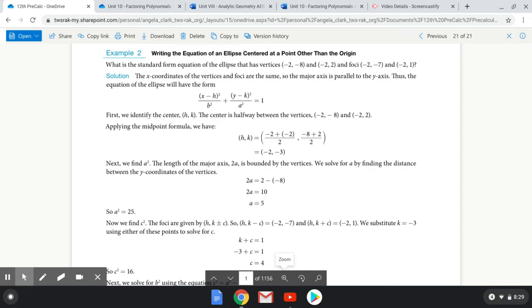Okay, so we're back with chapter 10, part 1, ellipses. And I want to talk about, again, the standard form of an equation. And in this example, we're going to be finding standard form given some information. So let's first talk about standard form. So standard form of an equation,